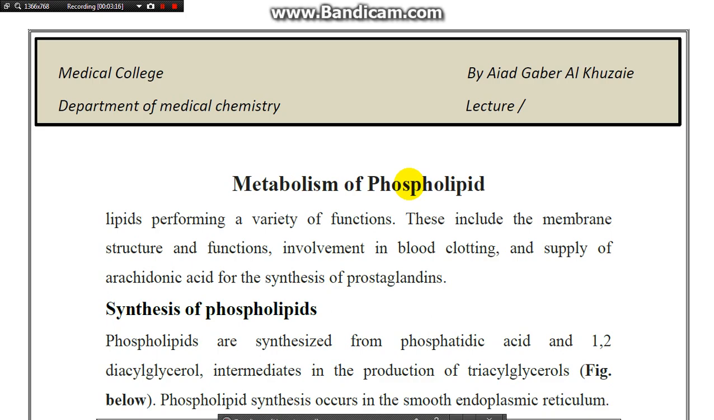الوظائف المتنوعة للدهون والتي تتضمن تركيب جدار الغشاء الخلوي ووظائفه المتعددة. كذلك يدخل في عملية الكلوتينج اوف بلاد، تخثر الدم، وعملية السبلاي اوف arachidonic acid for the synthesis of the prostaglandin. يعتبر من المواد الأساسية لإنتاج البروستاغلاندينز، والذي يعتبر important materials in the body because considered as the local hormone،